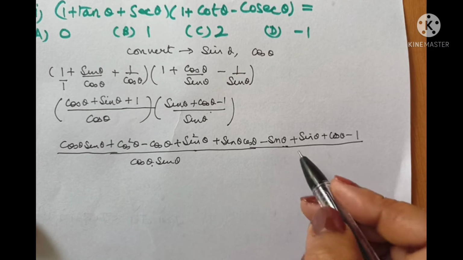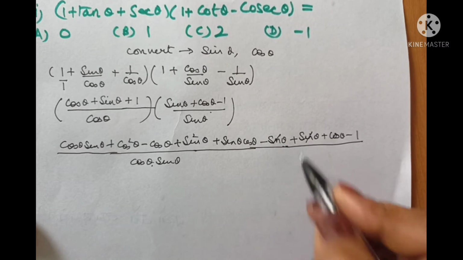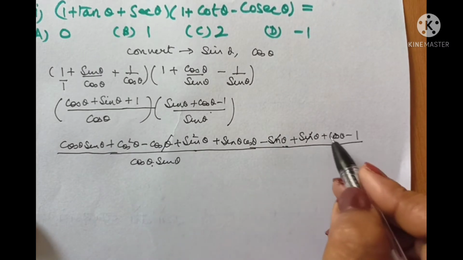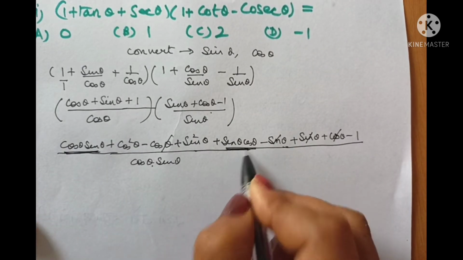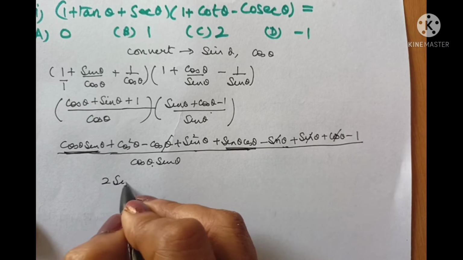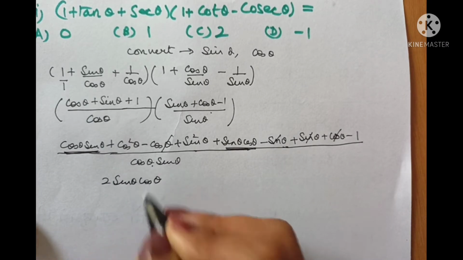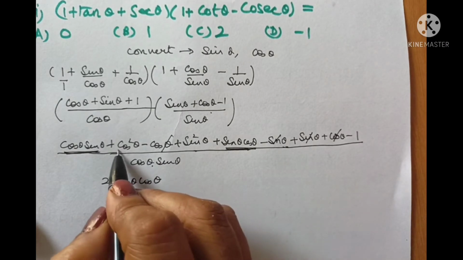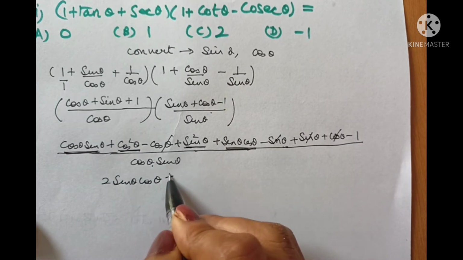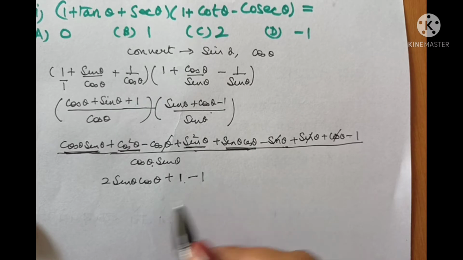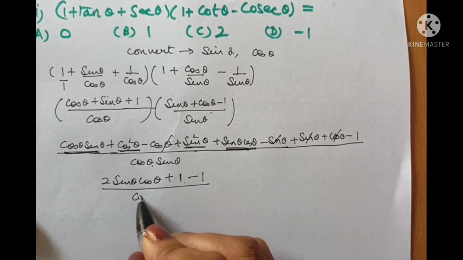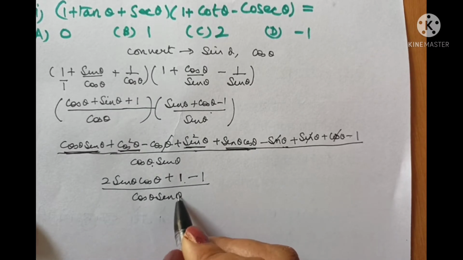Now let us see what things get cancelled. Sin is getting cancelled. Minus cos and plus cos is getting cancelled. Cos theta sin theta is double here, so I write 2 sin theta cos theta or 2 cos theta sin theta, one and the same thing. Now this cos square theta plus sin square theta gives me 1. I write 1. And this minus 1 is also lying here. I copy it. Denominator, I do not make any change. It is as it is.